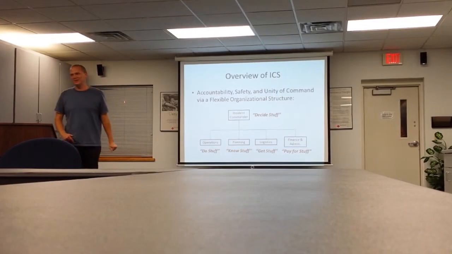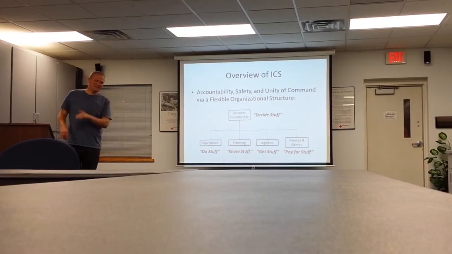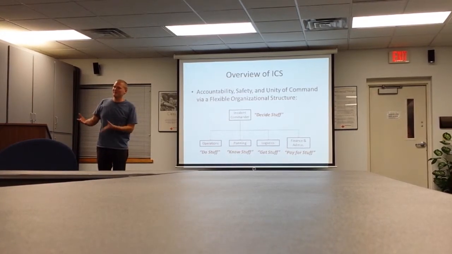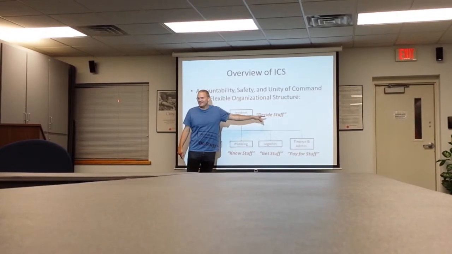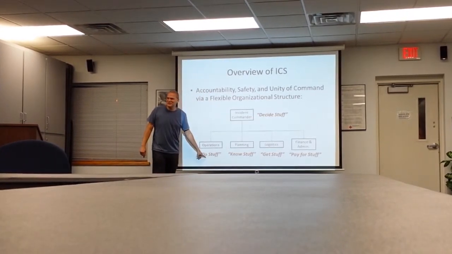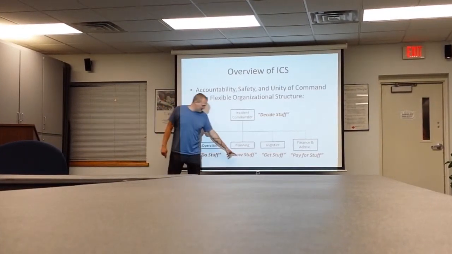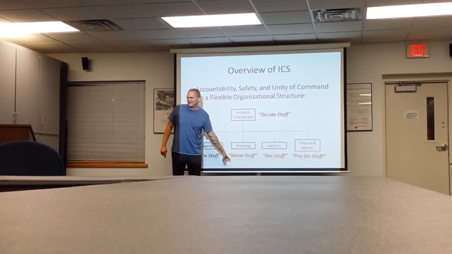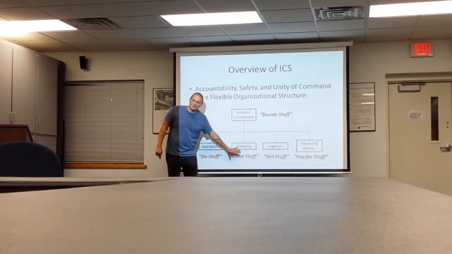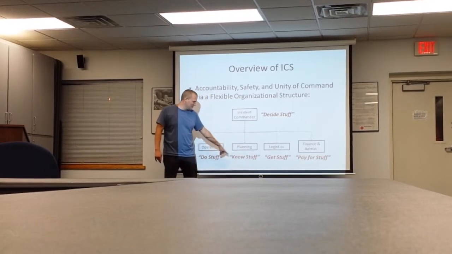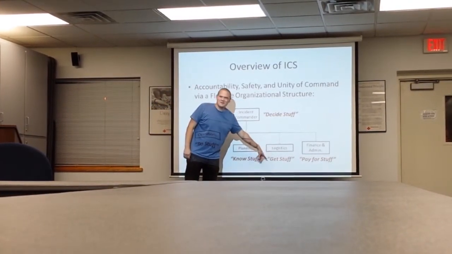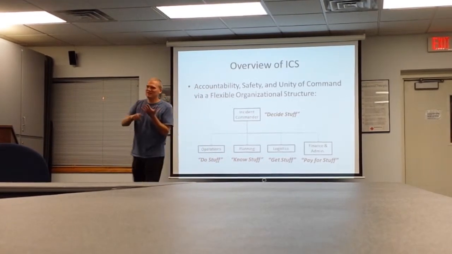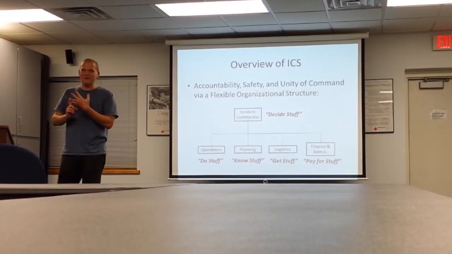And it's really that simple. Those are the things you have to think about when you're running a disaster. You have to think about, someone's got to decide what's going on. Someone needs to do it. Someone needs to plan for it. That's that management by objectives. We'll talk a whole bunch about this. Someone needs to plan about it. Someone needs to think ahead. Someone needs to think about who's going to staff it. Do they have the stuff to staff it?